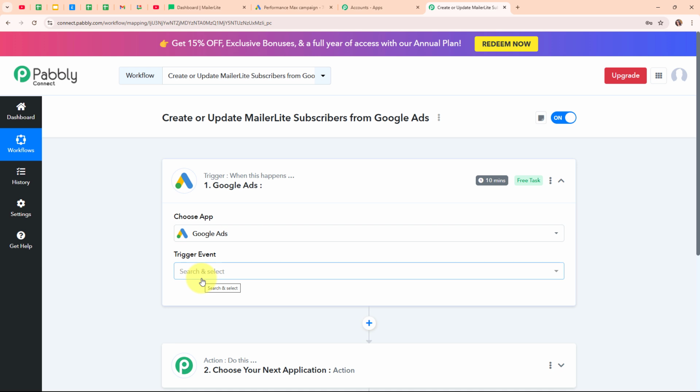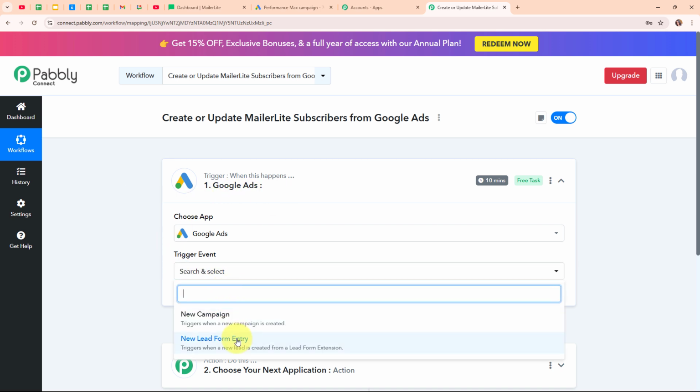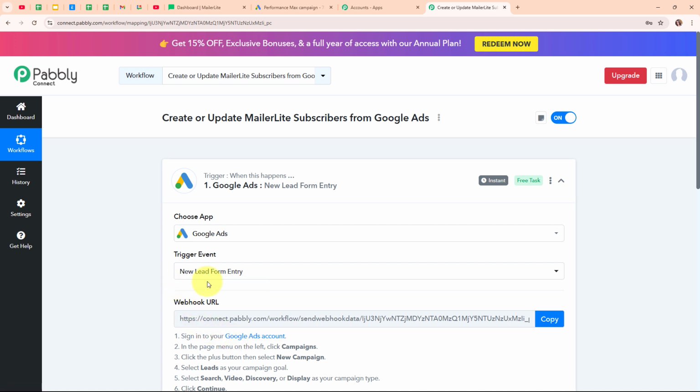It's a popular way for businesses to drive traffic, generate leads and increase sales. So here in my Google Ads trigger step, I'm going to select my trigger event as new lead form entry, so that whenever we receive a new lead form entry through Google Ads, Pabbly Connect is automatically going to capture the response. Or you can say this entire workflow is automatically going to get